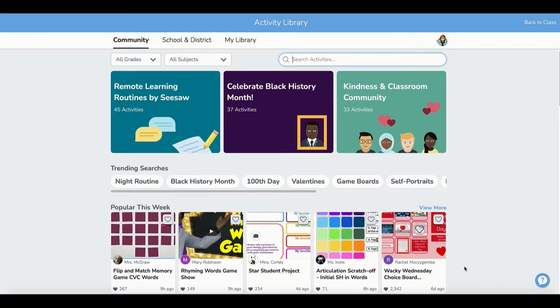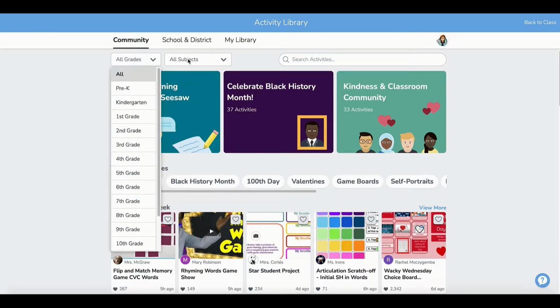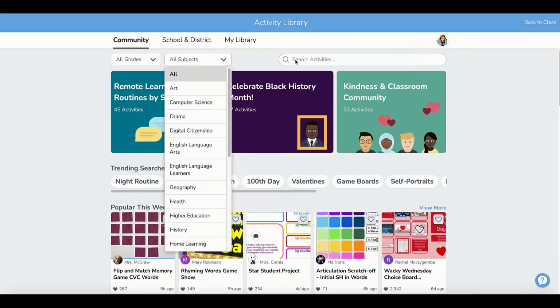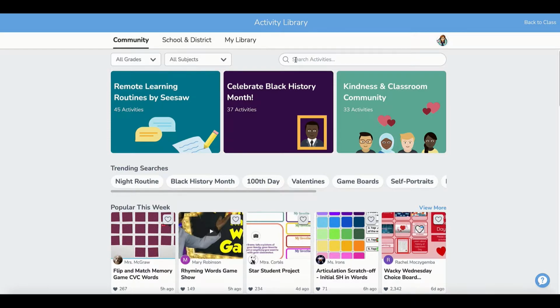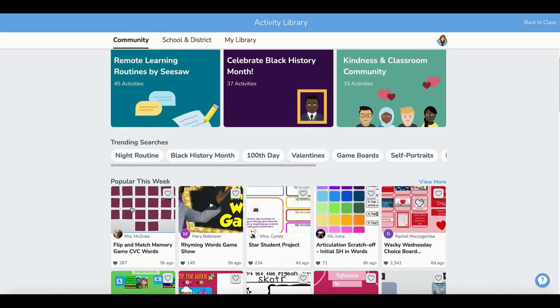Once you're in the activity library, you can search for activities by grade, by subjects, or you could search by their name. Here's an activity on reading CVC words. I could look at that activity,